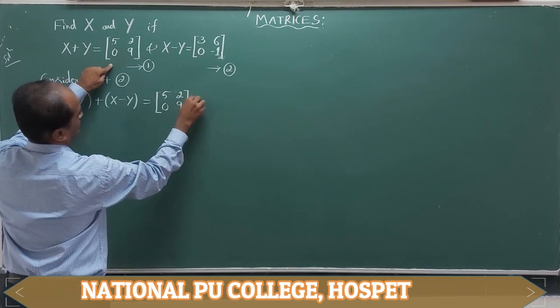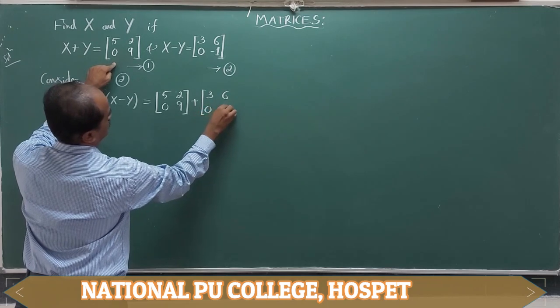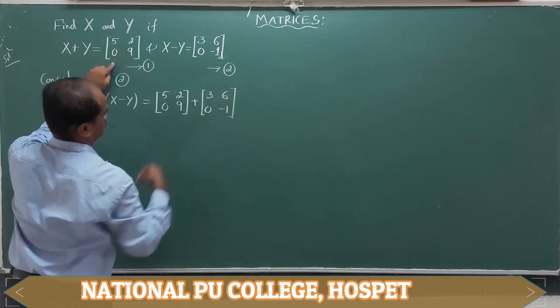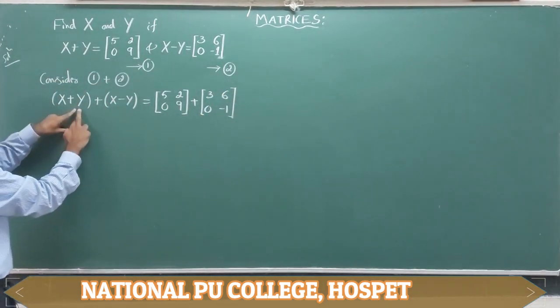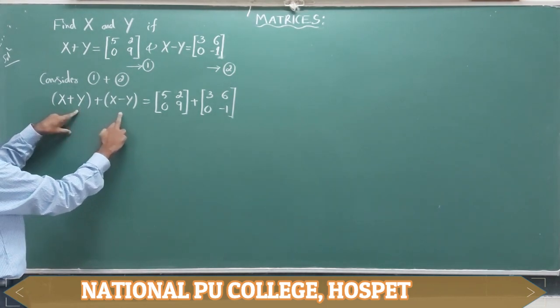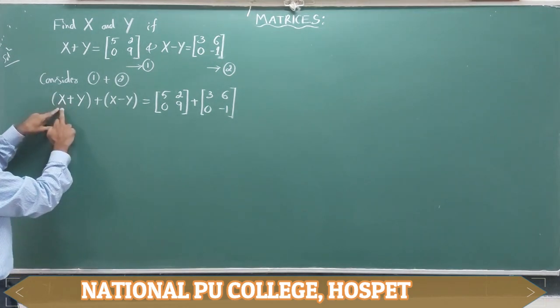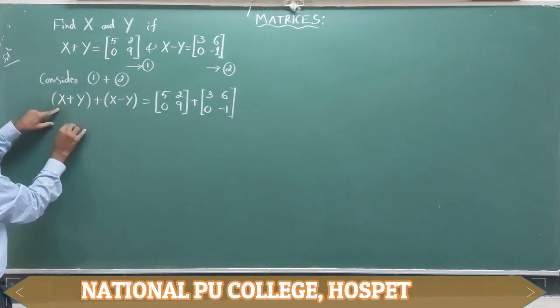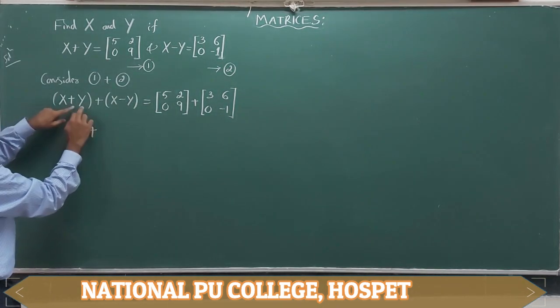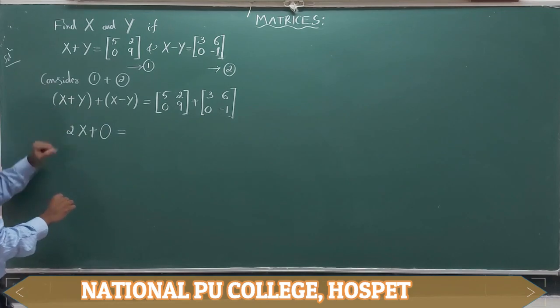5, 2, 0, 9 plus 3, 6, 0, minus 1. Now here, matrix y minus y. When the same matrix is subtracted from itself, what are you ending with? Null matrix. X plus x, how much do you get? 2 times x. Y plus minus y, O, the null matrix, is equal to